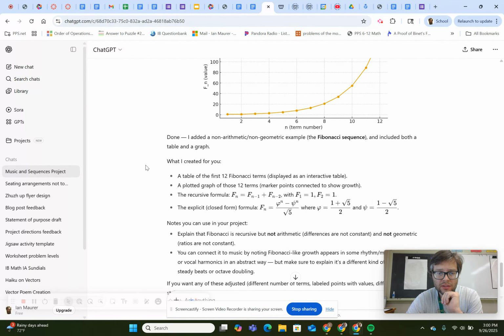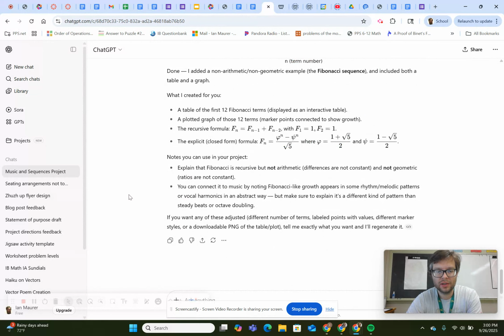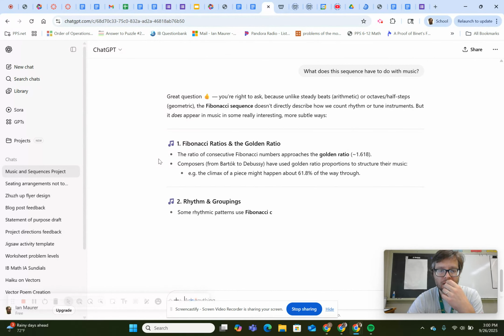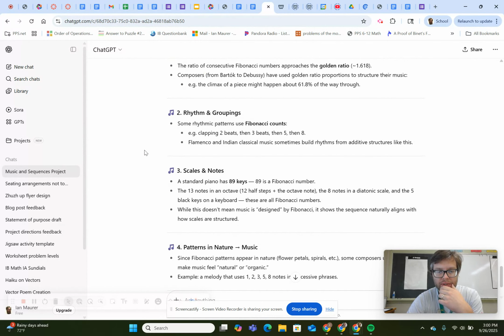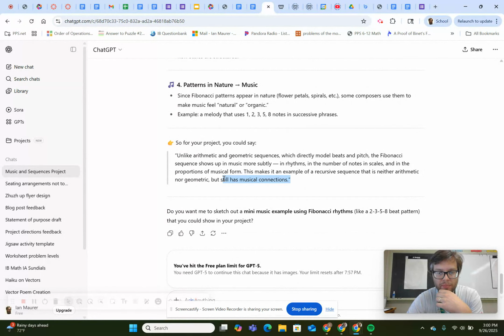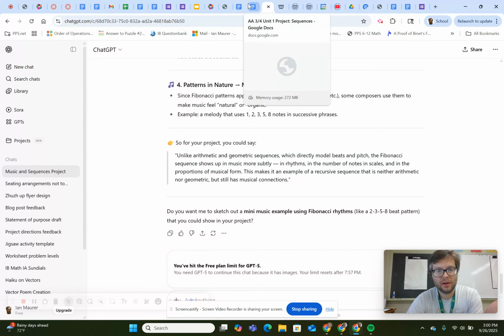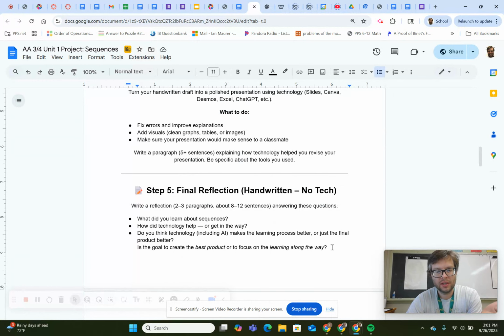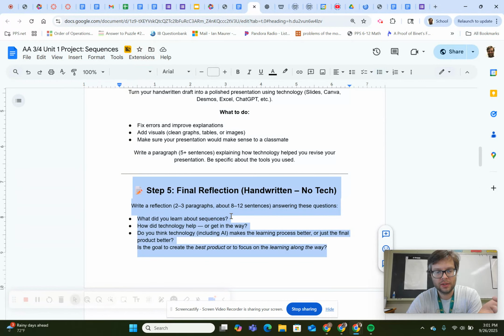Now, I'm not sure what this has to do with music, so we're going to have to try to make that have to do with music. What does this sequence... and then it has a couple different ideas, so you could try to bring some of those in, and it gives you a little bit of an idea. And so then what you do now is you go back and you revise your project, try to make it better. So you're going back and forth with technology, and then your final step is handwriting a couple paragraphs about